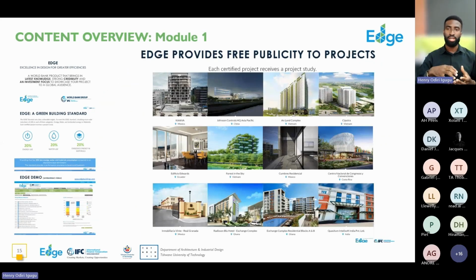Finally, on module 1, if you do intend, after the DfGE training, to implement EDGE on any of the projects you're working on in the field, the EDGE team also provides free publicity for your project, and we'll be covering how that plays out in module 1.